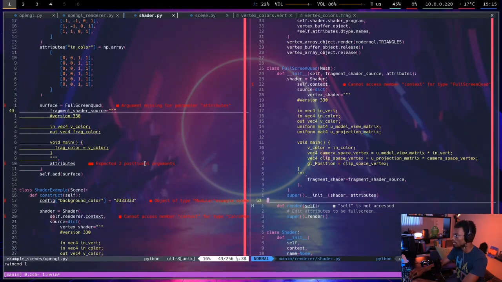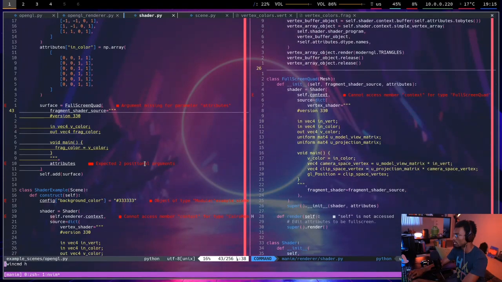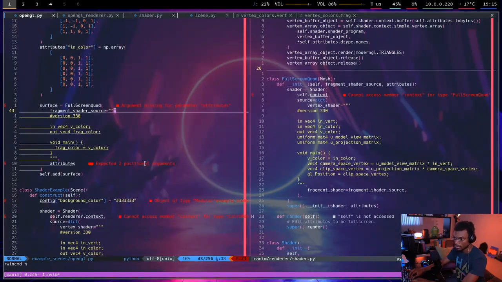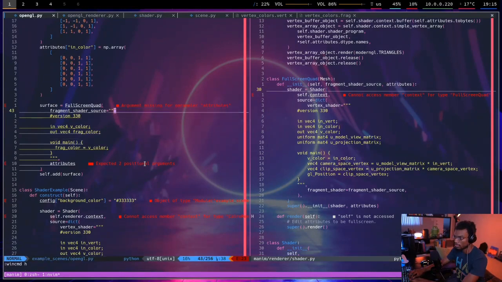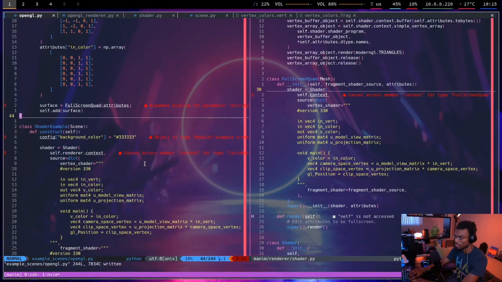Oh, I need the context, don't I? If this is inheriting from mesh... No, I guess it doesn't. I'm gonna try just running this. Nope, literally everything crashed. Starting right here. How am I passing these arguments wrong? It only needs the source and the attributes. I'm gonna try passing only the attributes. Okay, so this makes sense. Then for the source... Oh,